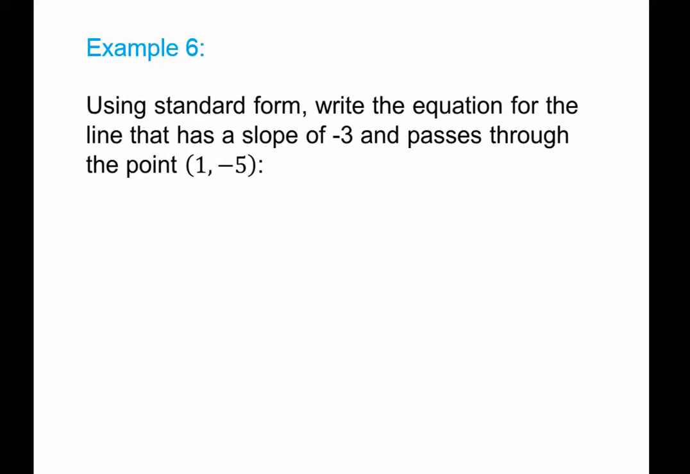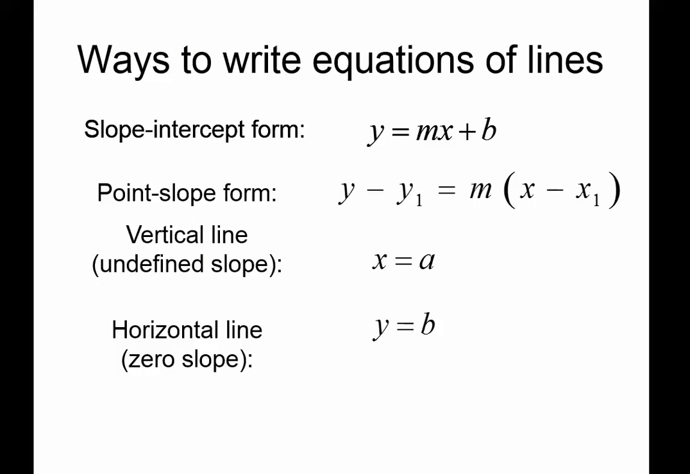All right, so to sum up, different ways to write linear equations. We have slope-intercept form, point-slope form. Remember, vertical line is x equals a number, horizontal line is y equals a number, and then today you can add in standard form, ax plus by equals c, where a and b are both the coefficients of x and